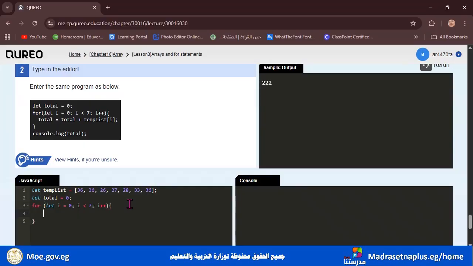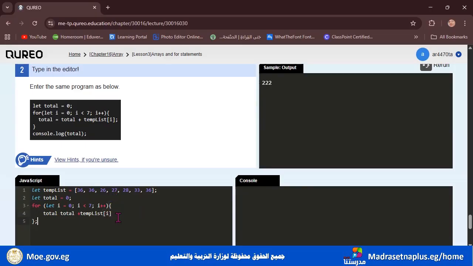We write total equals total plus temp list, and open the square brackets and write i, because this is the position, okay, of the value that changes each time.